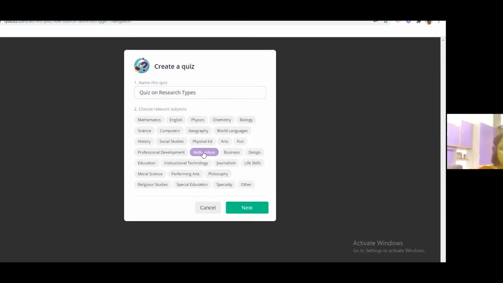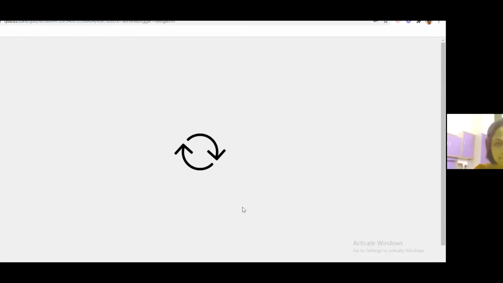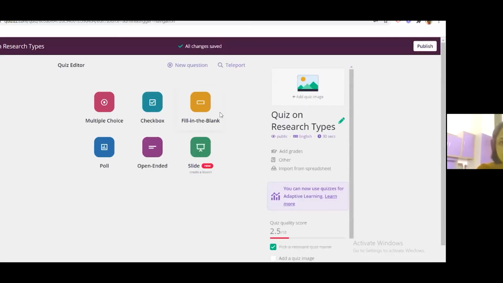You can select your area, because my area is education and I'm not able to see it among these given subjects. So I can click on other, click on next. It is giving me options like quiz on research types. It is just giving me 2.5 out of 10 on quiz quality score.